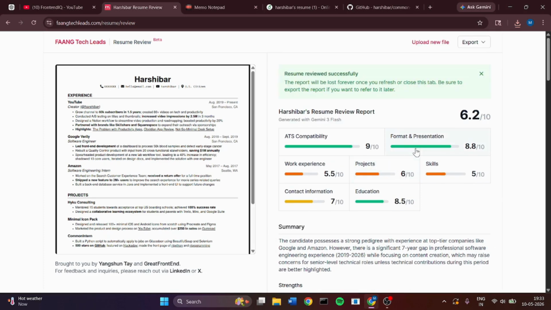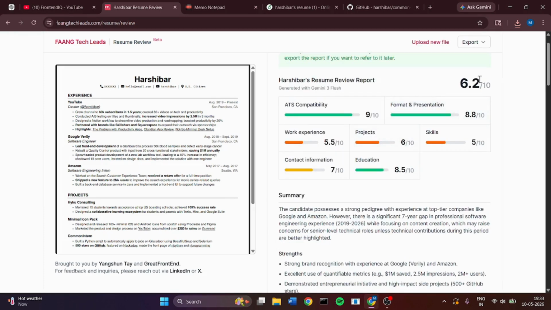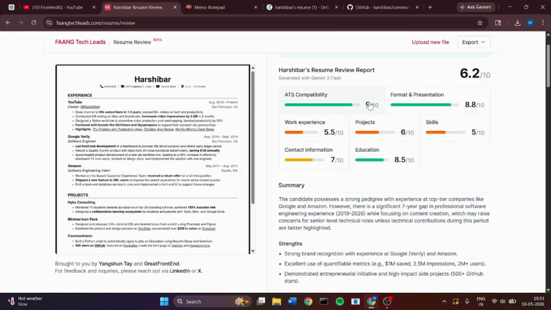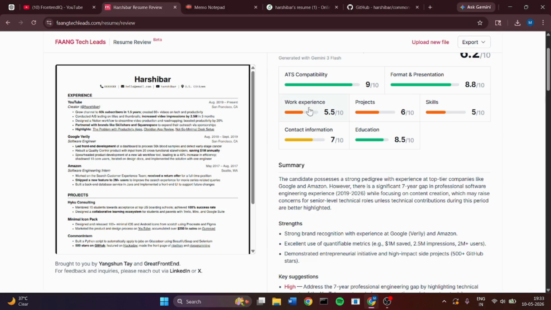Yes, so your score is 6.2. Here it also shows how many scores are there in each section. In the work experience the score is 5.5, in the project section the score is 6, in the education section the score is 8.5.